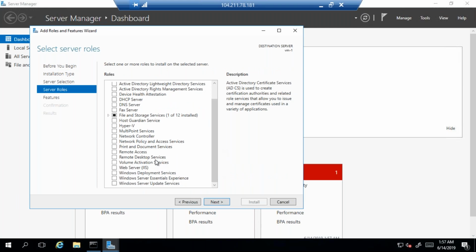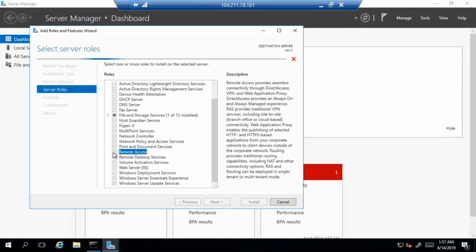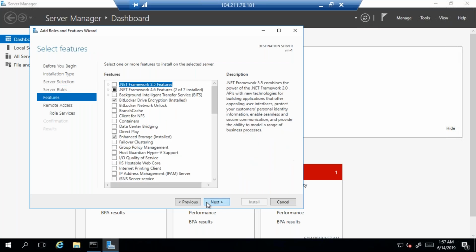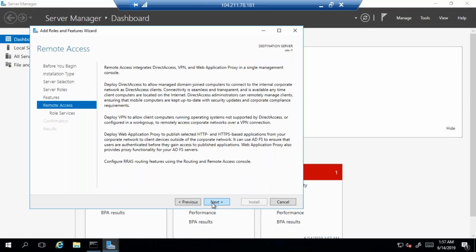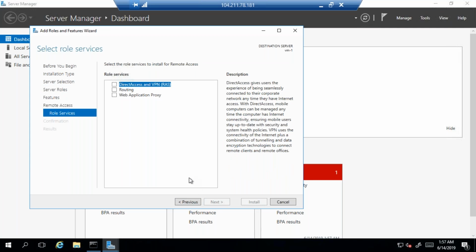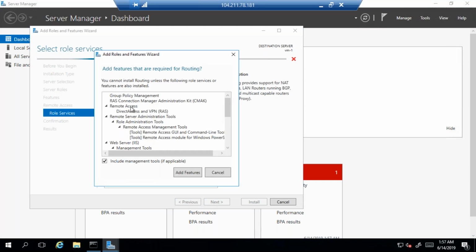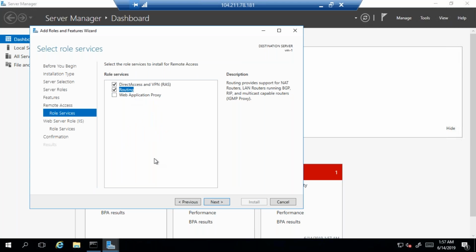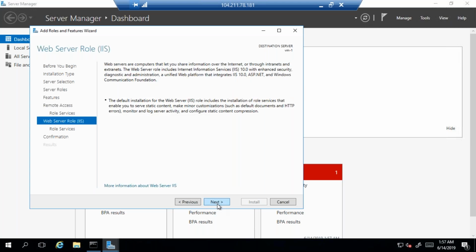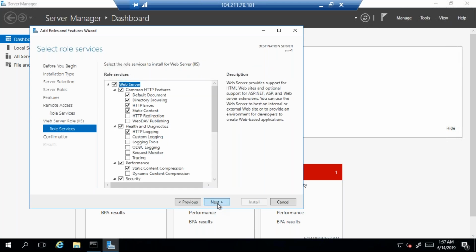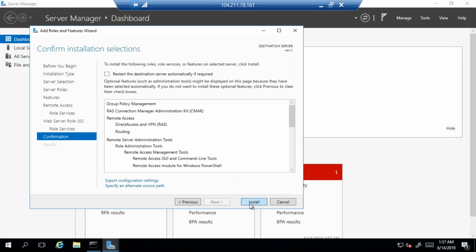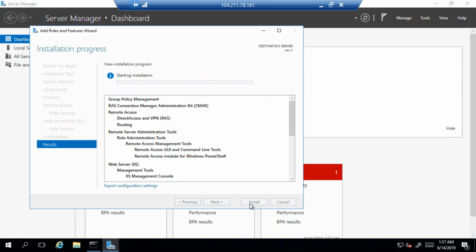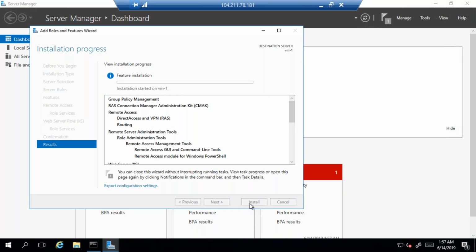Now here you select remote access, which basically installs a software router, which means that this machine we are using, we are converting into a router. For that we need a feature called routing. That's why I'm selecting routing, and then whatever dependencies it needs, and then install this particular role. So you are converting this Windows machine into a router to simulate the environment, right?